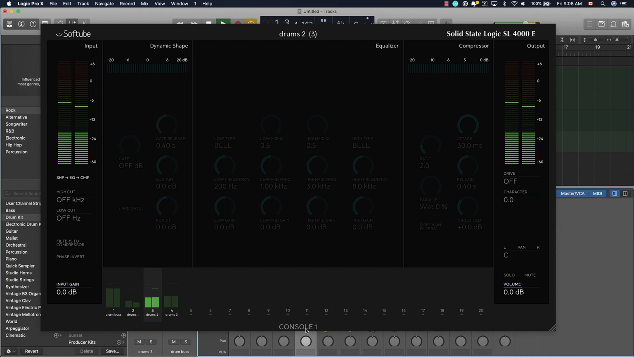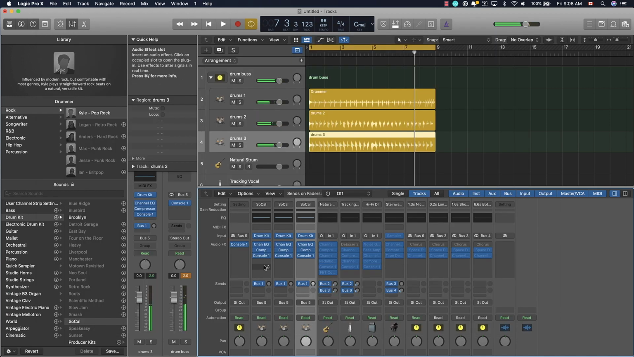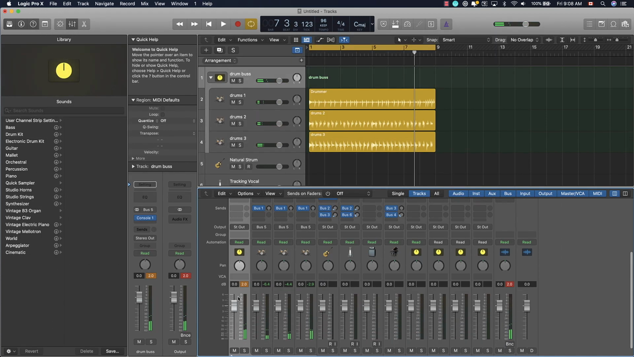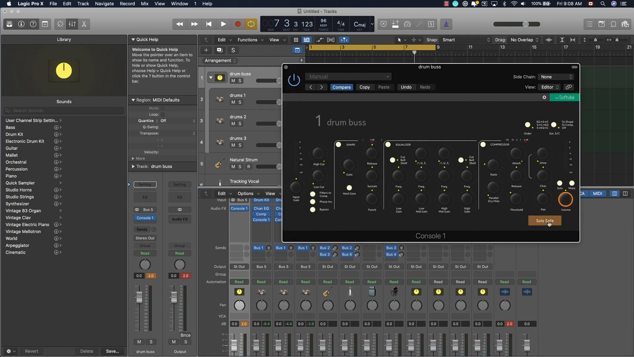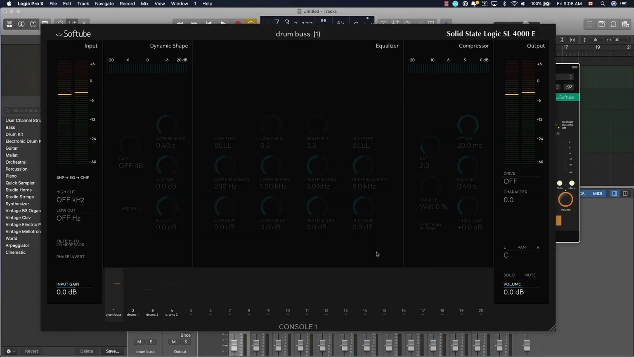Okay, I only want to work on track 3. So now I'm getting nothing. Same thing with track 4, same thing with track 2, and the same thing with the actual bus track. So what you have to do is, on the actual summing track here, on the drum bus, I have to open up Console 1, click on the solo safe button, and then now if I go back in and try the same thing,